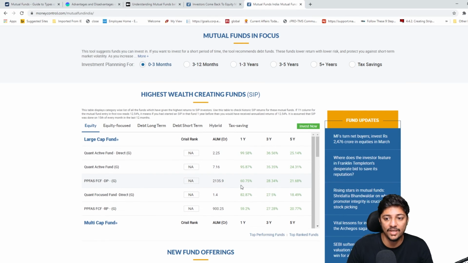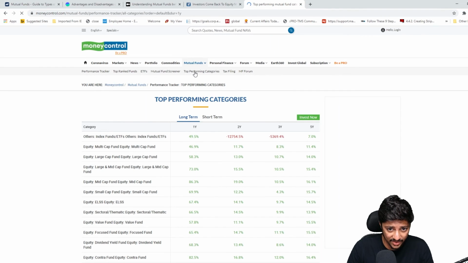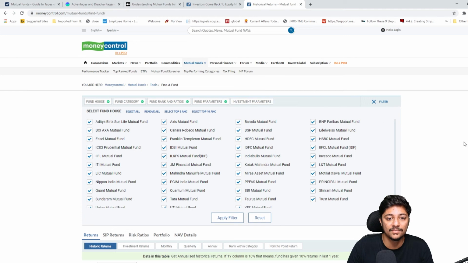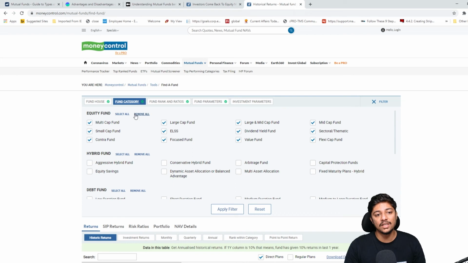How do you want to invest? So don't worry, I'm going to talk about all of this. If you want to see how many funds there are, let me see if I can find that tab. Yeah, look at this. These are the funds there across. But leave this. Let me open fund category. Look at this. These are the different types of funds that are there right now.